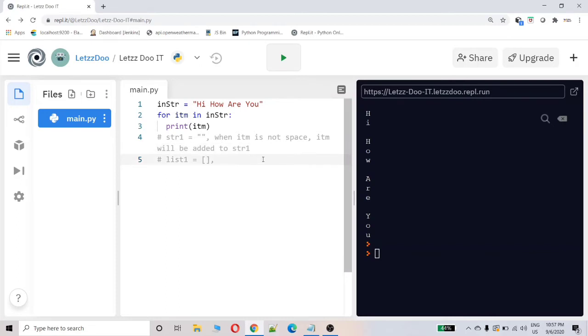So when I get space, it should be added to list1.